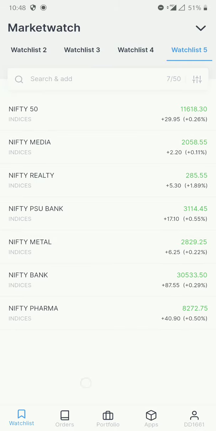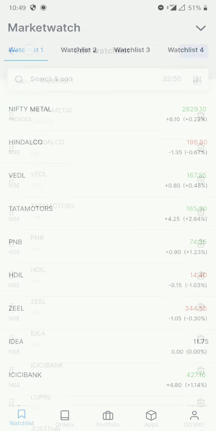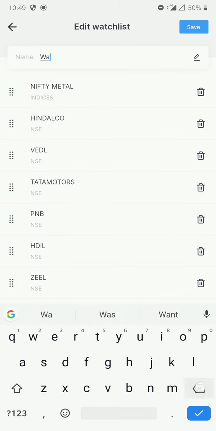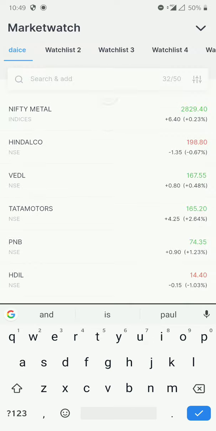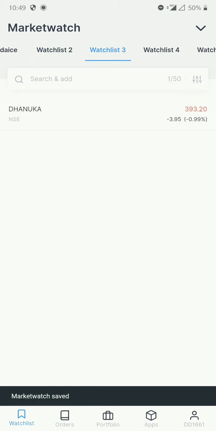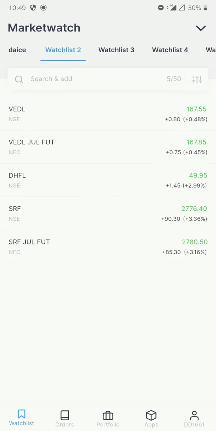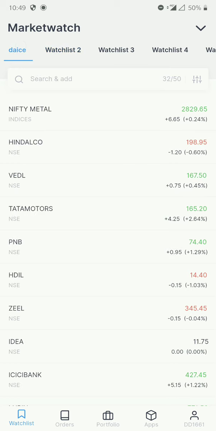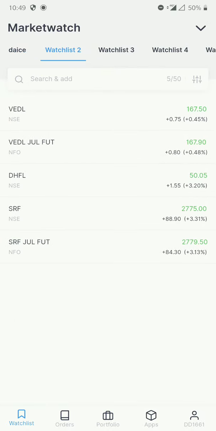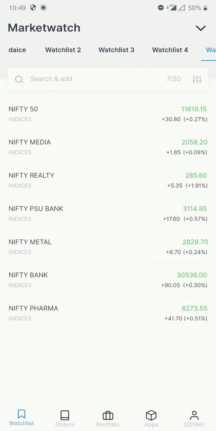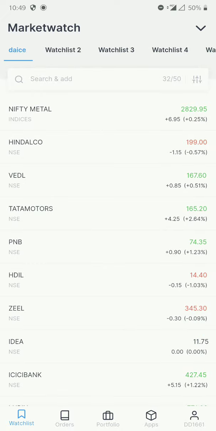It has 5 watch lists, just like our 5 watch lists over here. But now you can name your watch list. Click on it and just name your watch list whatever name you want. You can put your name or the source you got it from. You can save the name. Now, based on your sectors or industries, you can name your watch list, and you can also add 50 stocks here. See, in my first list I have 32 stocks out of 50. Same way, you have 50, 50, 50, so almost 250 stocks are available. That's more than enough for tracking more than 250 stocks.